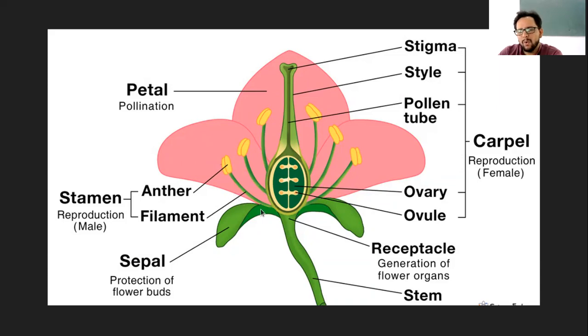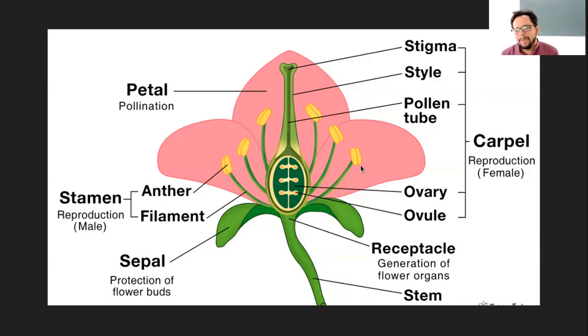And the filament can also be something like a petal color, or it can be transparent at times. So this whole unit is called a stamen, and collectively all these stamens are called the androecium, and the function is of course reproduction, being the male counterpart. So that is the stamen, which consists of anther and filament, and this anther is bilobed at the tip of the stamen. Bilobed means two compartments, right? Individually you can see there is one on this side and the other on the other side, and each of them is bilobed.